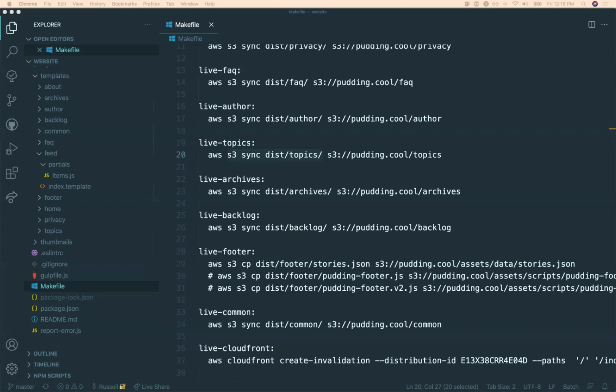So the only thing in data is stories. We have some reusable fonts for old projects. I don't even know why we have that. And we have a bunch of reusable scripts. Okay. Well,